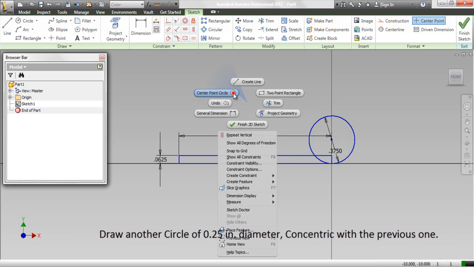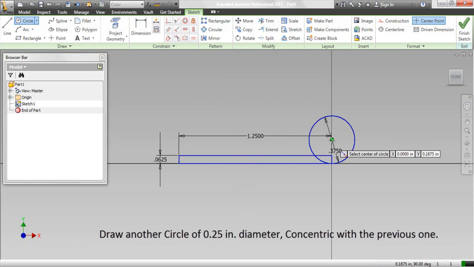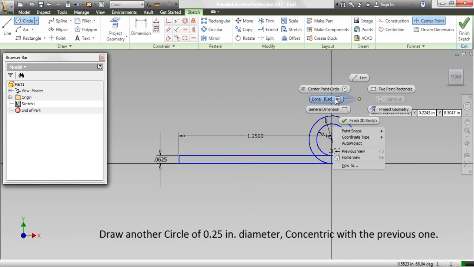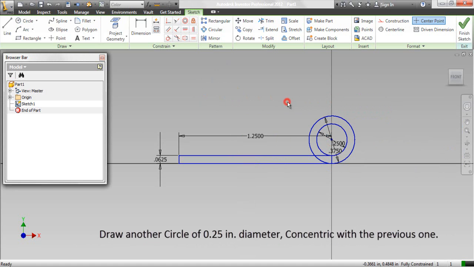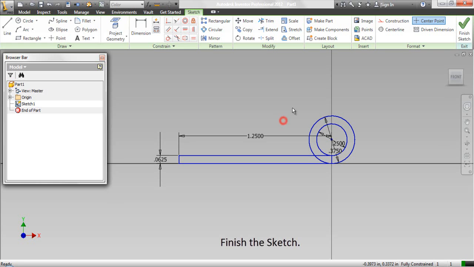Draw another circle of 0.25 inch diameter, concentric with the previous one. Finish the sketch.